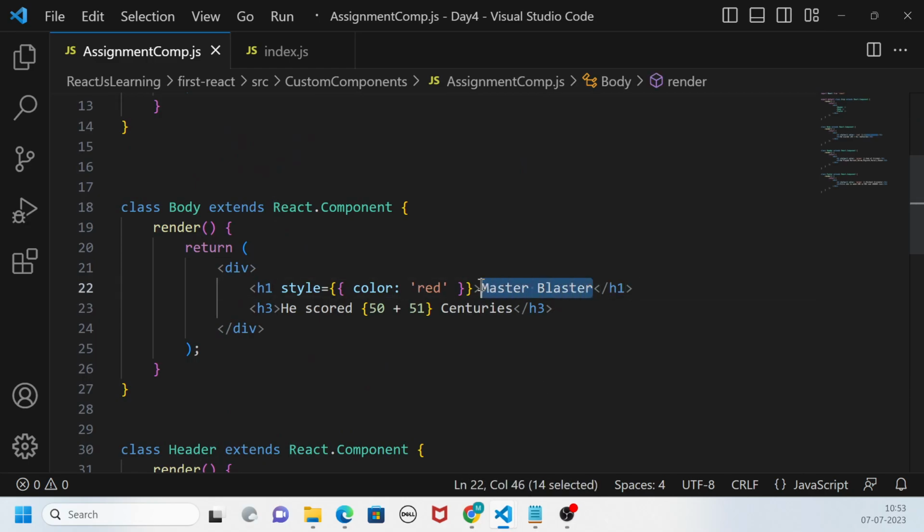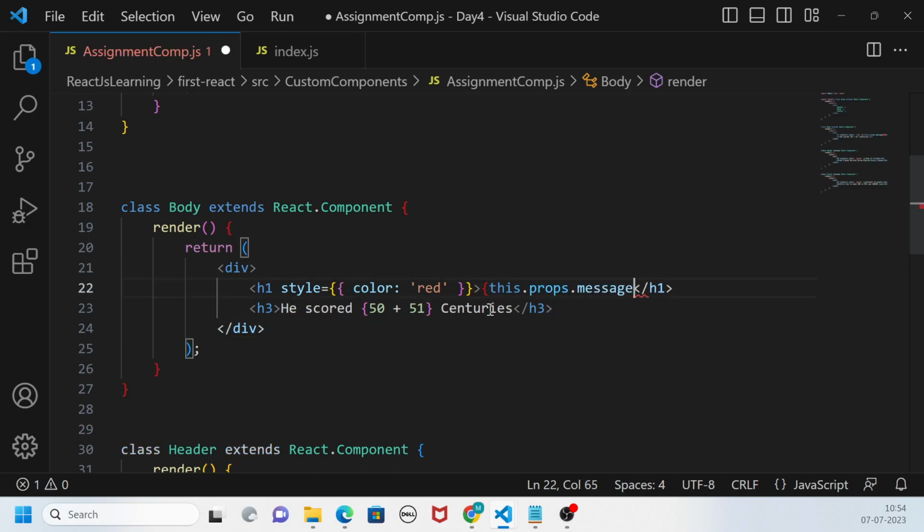Sachin, this.props.message. Okay, this.props.message, right? और यहां पे